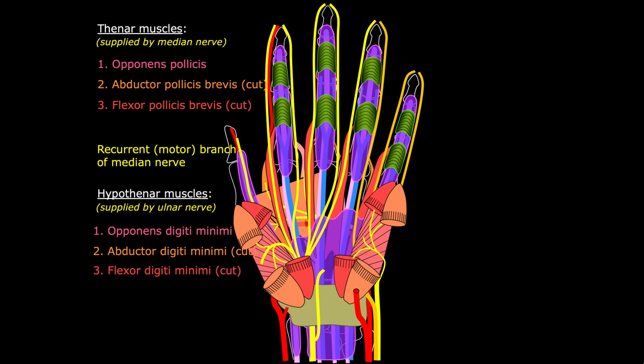And now we can see that through the deep branch, the muscular branches are coming to play to supply my opponens, my abductor, and my flexor digiti minimi muscle. We have already seen that the ulnar nerve has supplied what? Adductor pollicis. Then it was supplying what? All the dorsal interossei, all the palmar interossei, the lumbricals of my fifth and fourth digit, and these hypothenar muscles. So this is the muscular distribution of my ulnar nerve within my hand, and the median nerve is only supplying these thenar eminence muscles,